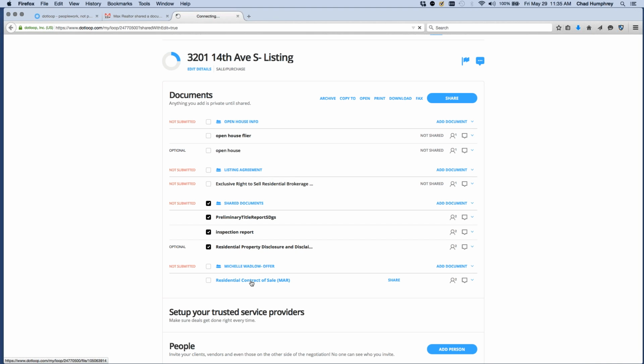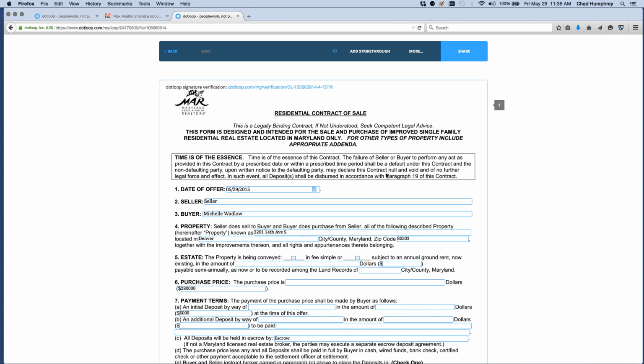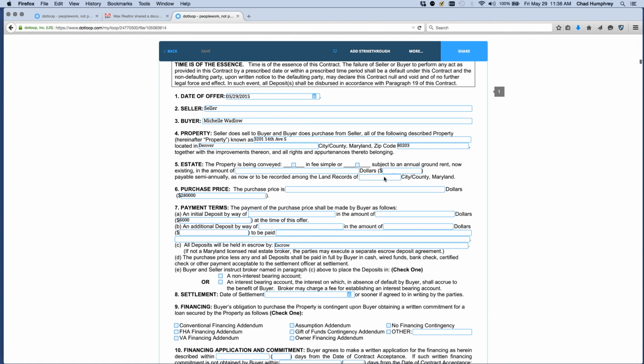So I'm with my buyer and seller. I say, hey, we got an offer on the property, and we're going to review the offer. So we see the offer is $280,000. We had the property listed at $380,000. So in typical transactions, I would print this off. I would cross it out. I would make my change. My buyers would initial it, and I would then send it over to the